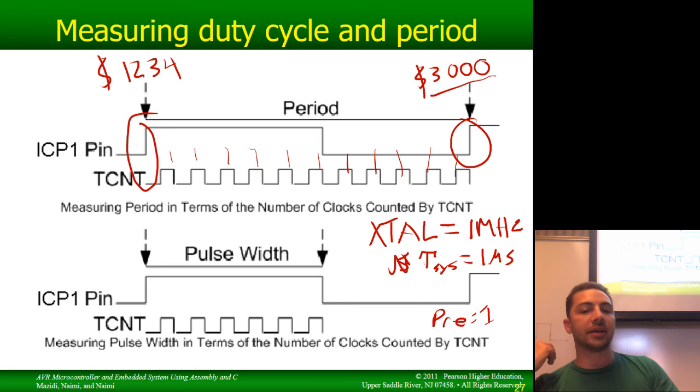What is our period in seconds, or any SI unit of seconds? How would we figure that out? Is it 3,000 hex times 1 microsecond? What? It's just 1 microsecond. That's the period. Nope, because